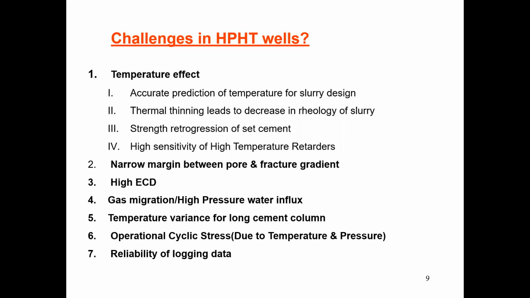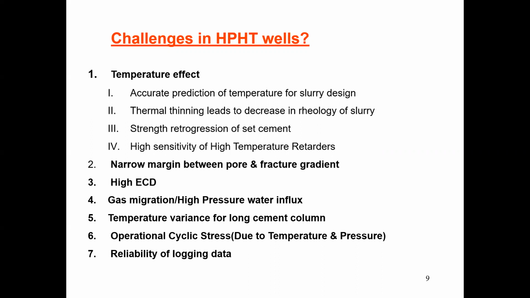Suppose at the macro level, when you are carrying out the job in the field, we cannot be precise. In the laboratory, we can conduct the test, suppose the dose is 0.2. So we have to test what will be the effect on the cement slurry if the dose becomes 0.25 instead of 0.2, or it becomes less. So what will be the effect on thickening time? Sometimes these retarders are very temperature sensitive and dose sensitive.